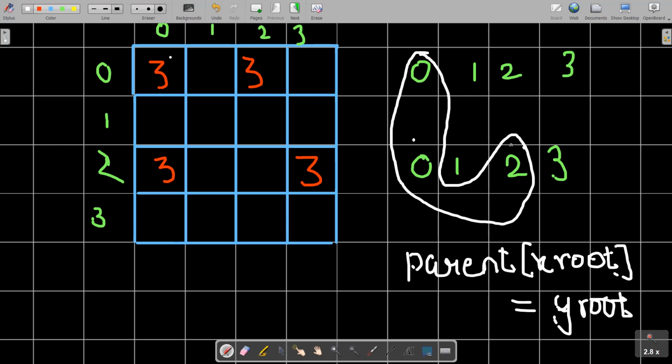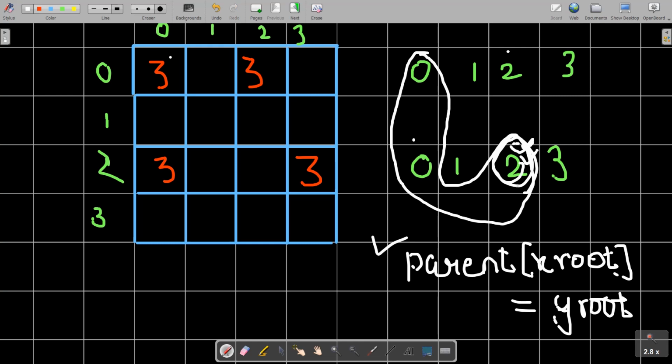Now moving on to the next cell, it is 2, 0. It means that I will have to join this one to this one. So I will use this relation, parent of x root, and this one would be the y root. The y root will come out to be this one.